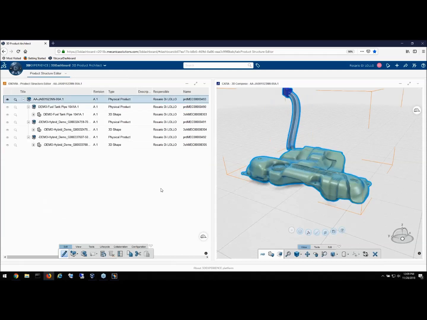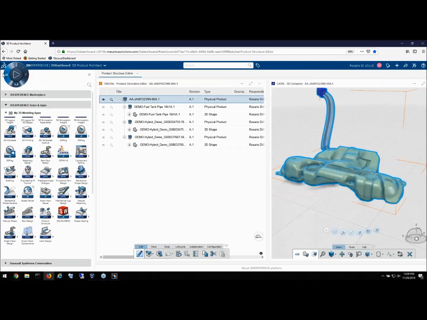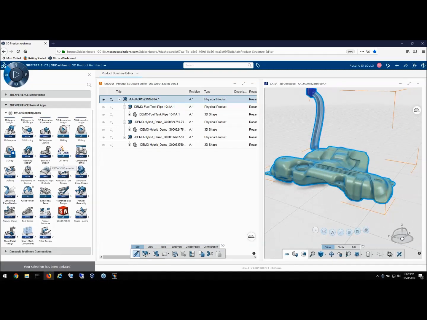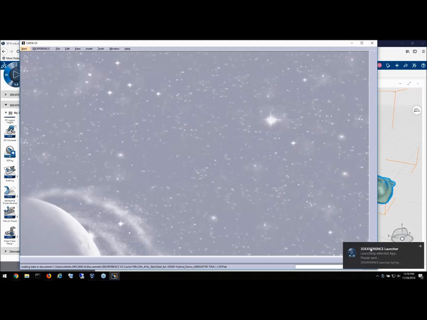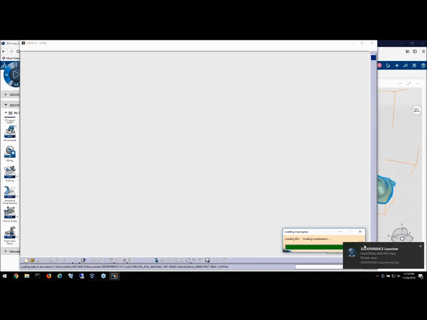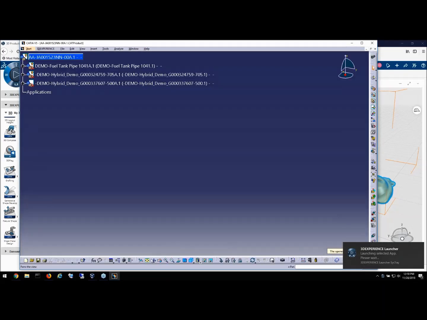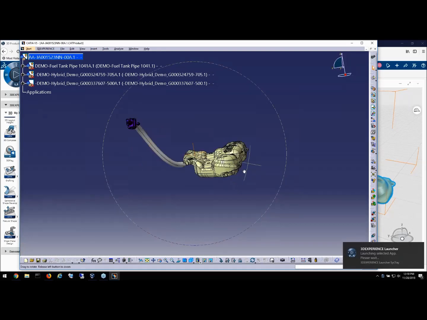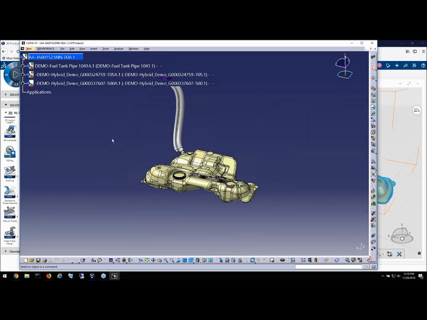Okay, so as this is a V5 assembly, what I could do is, via the Western Quadrant, just launch it straight into Catia V5. So the 3DEXPERIENCE launcher is going to be tasked with being the interface between the platform and your various CAD tools. Okay, so in this case, I basically have my fuel tank, native Catia V5, that comes from 3DEXPERIENCE. Here you can also see by this little arrow that I'm working with an older revision, right? So some Catia V5 user created a new revision, and the system is telling me that I'm not working with the latest one. And if I go to the properties,